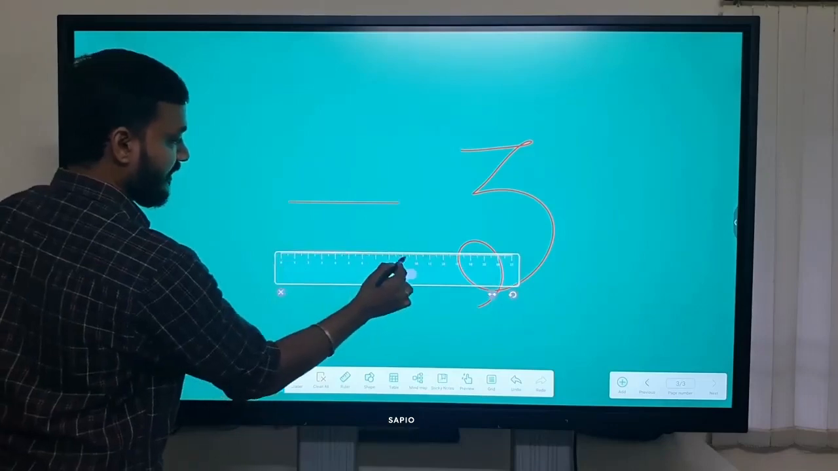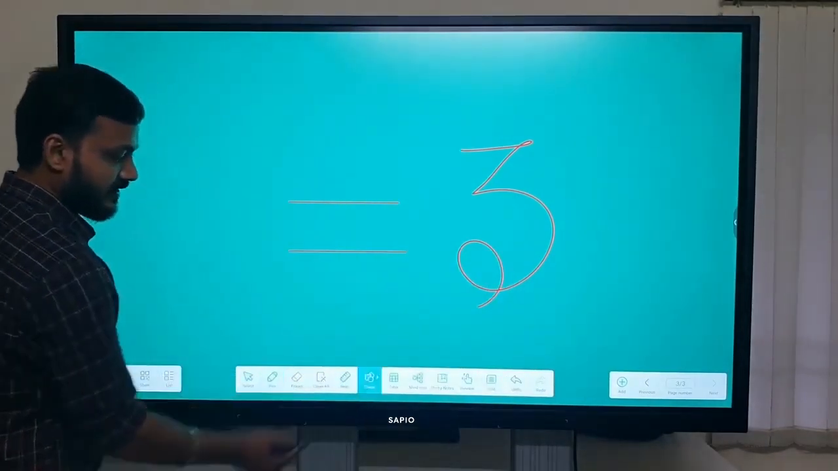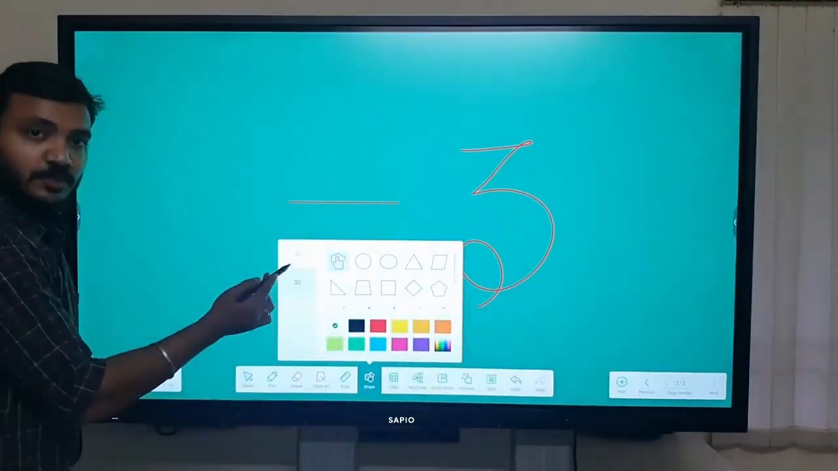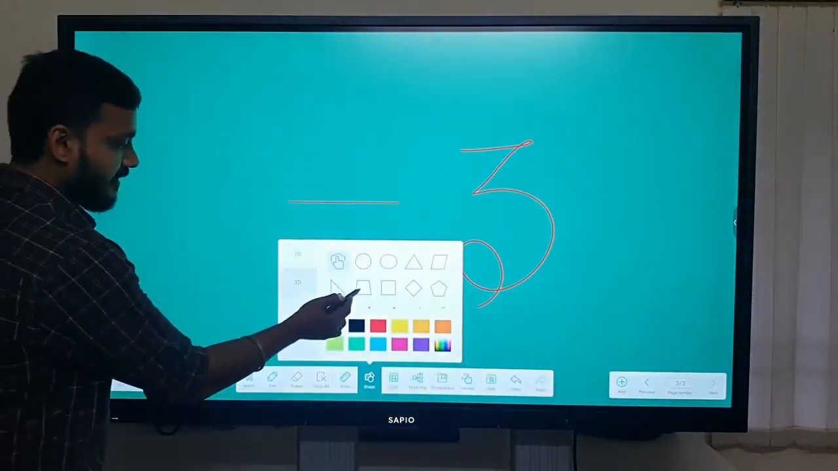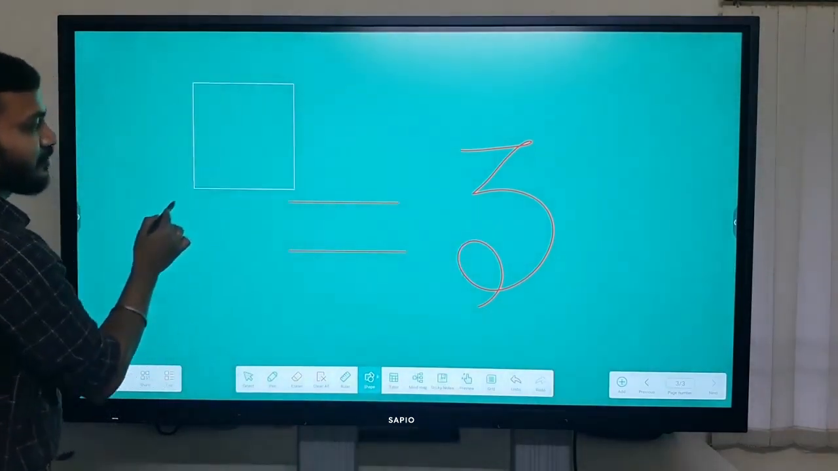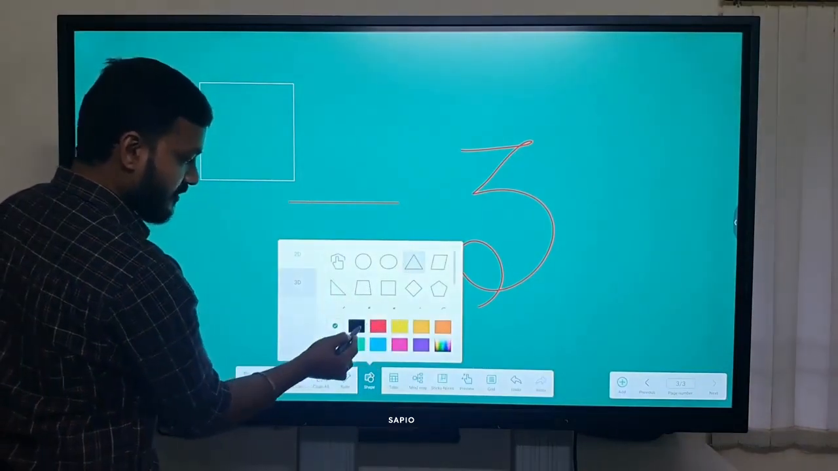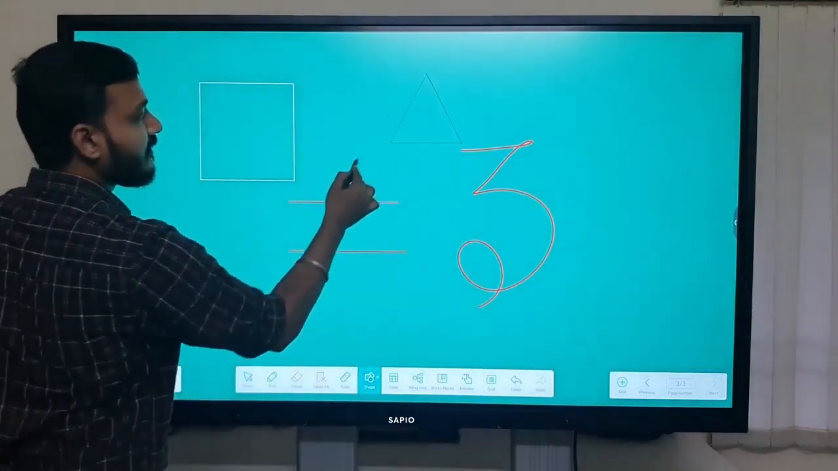I want to draw a parallel line, I can draw a parallel line also. Next, I want to bring some shape tools. I can click on the shape tools, where we have 2D and 3D shapes. In 2D shapes, I can select the shape which I require and drag it on the screen. And if I want a triangle, I can choose the color also and drag it on the screen